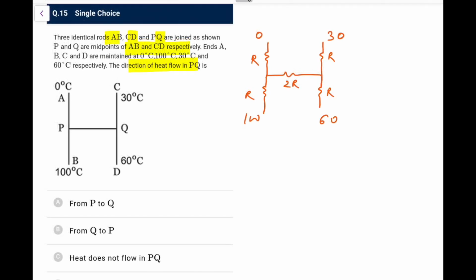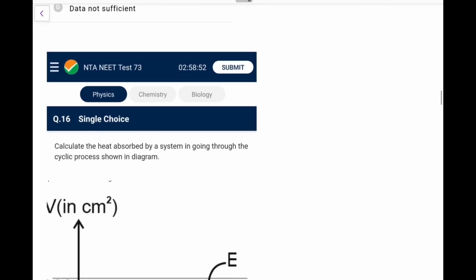Okay, so here, like we check in the Wheatstone one, the best thing is, let's assume this was not there, and let's say this is removed. Now going by the analogy, if this connection was not there, I can say the temperature of this midpoint would have been 50 and this midpoint would have been 45. So clearly, whenever you join something, because it is at a higher potential or higher temperature, current will go from here to here. So the direction I can easily judge. I'm not saying temperatures will be 50 and 45, but this is the way you judge how the current flows. So that is the analogy I've drawn here.